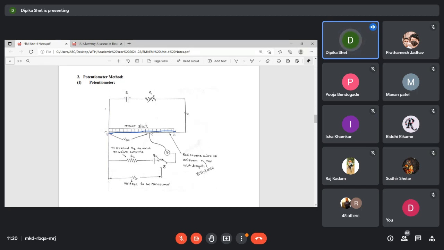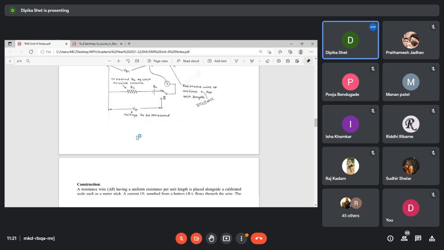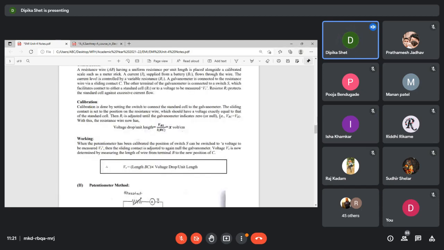At that time our galvanometer indicates zero, and the resistance wire now has a voltage drop per unit length. Therefore, at the null position, when voltage VBC becomes equal to VB2, the voltage drop per unit length across that length B